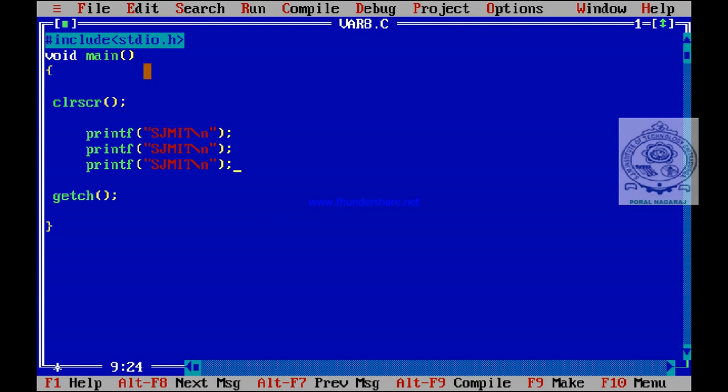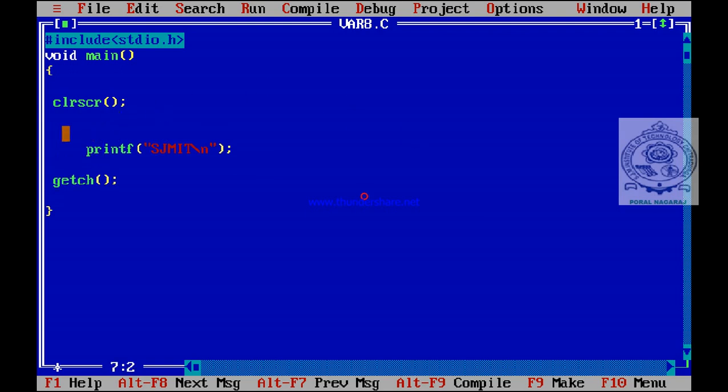Now I am going to use a while loop for this one. So that's why I will use the body of the loop. Within the body of the loop, sjmit only once. See, I am not going to use this. So for this one only, I am going to implement the loop.